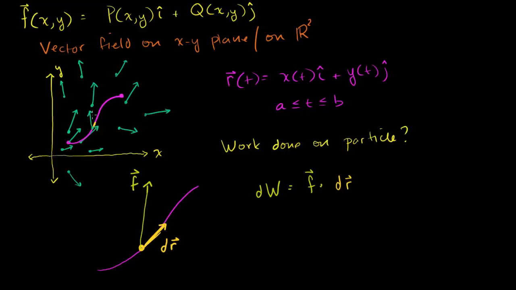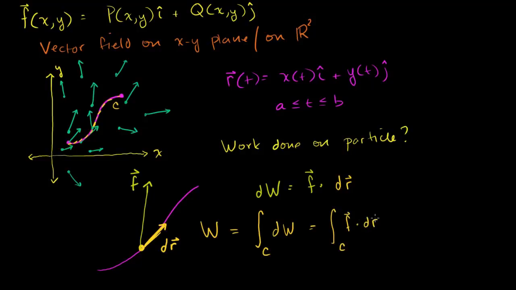Now, just by doing this, we're just figuring out the work over a really small, super small dr. But what we want to do is sum them all up. We want to sum up all of the dr's, all of the F dot dr's, to figure out the total work done. And that's where the integral comes in. We will do a line integral. You could think of it two ways. You could write just dW there, but we could say we'll do a line integral along this curve C, or along R, whatever you want to say, of dW. That'll give us the total work. So let's say work is equal to that. Or we could also write it as the integral over the same curve of F